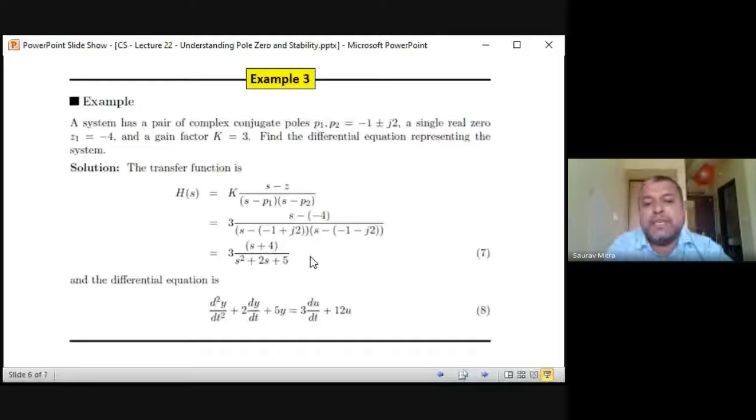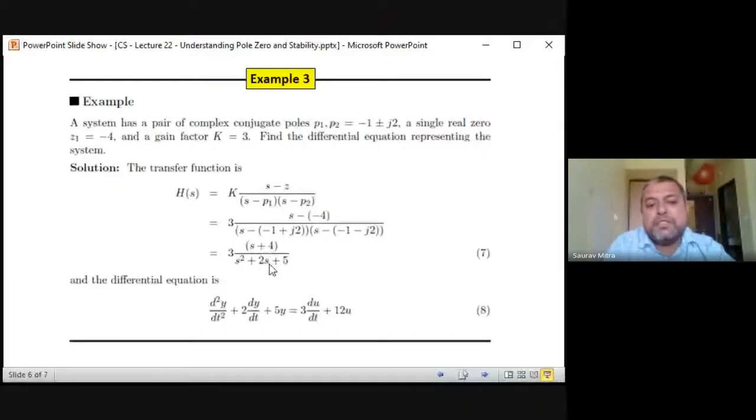Now you have to do cross multiplication. That means Y(S) into (S square plus 2S plus 5) is equal to X(S) into 3 into (S plus 4). Now you have S square Y(S). If it is S square Y(S), you take the inverse Laplace transform. This will become d2y/dt2. 2S Y(S): if you take the inverse Laplace transform, this will become 2 dy